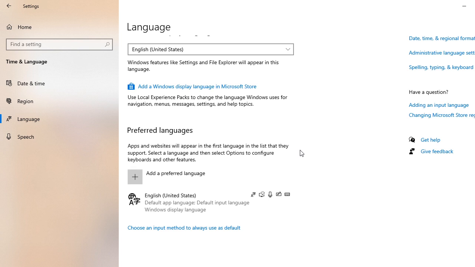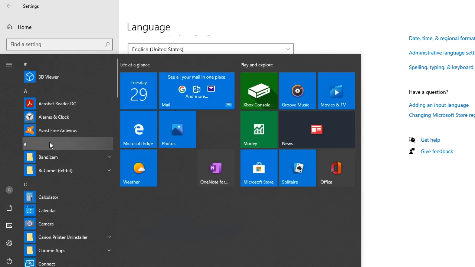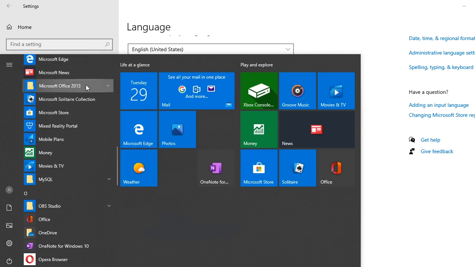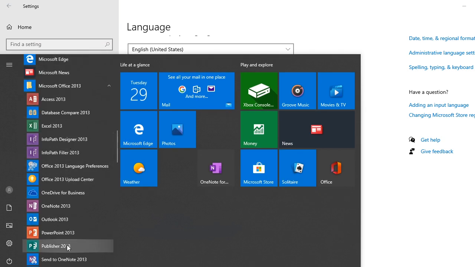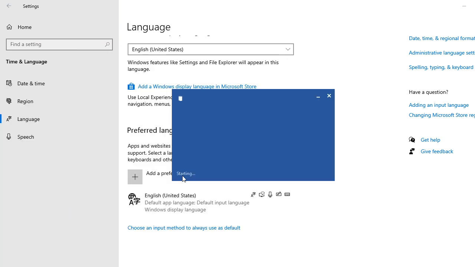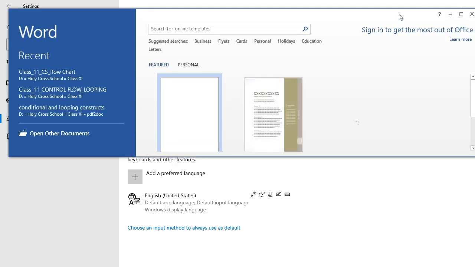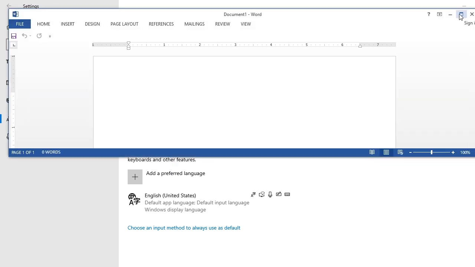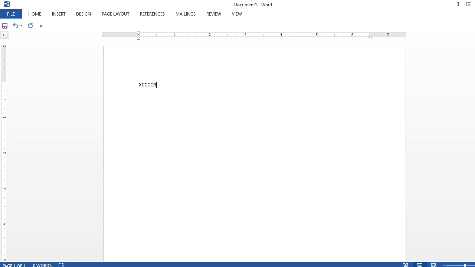If I go here, you see in my system I can type only English because I had installed only the English language. The default keyboard method is English. I can show you here. I am starting MS Word. Whatever I do, I will type only in English because my keyboard setting is English. You see, I am typing in English.